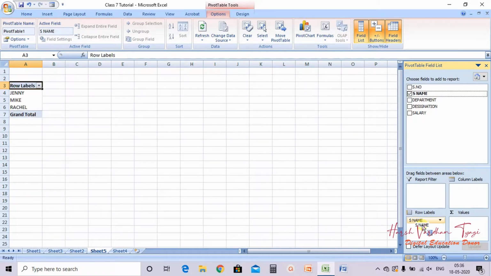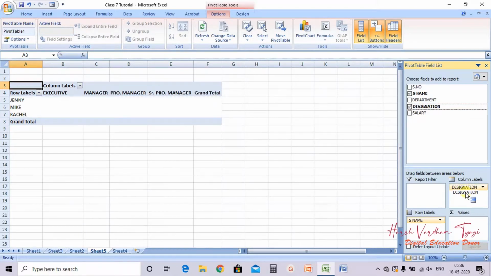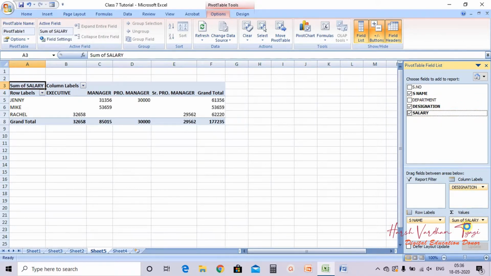We have got name here. See, the names are here. Okay, then next what we will do, designation. We will drag the designation in column labels and then drag the salary in values. Fine, drag the salary in values.